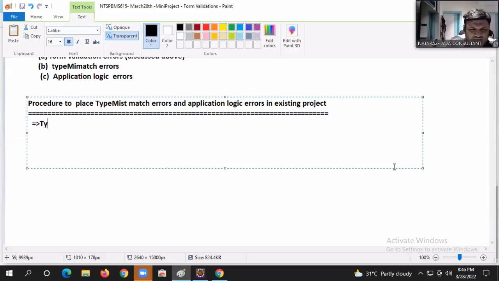Type mismatch errors. The messages can be customized. Type mismatch errors will be raised. Are you listening to my statement, guys? Type mismatch error messages will be raised